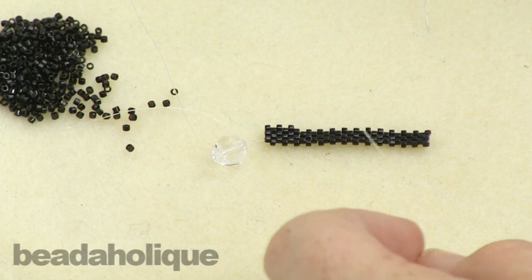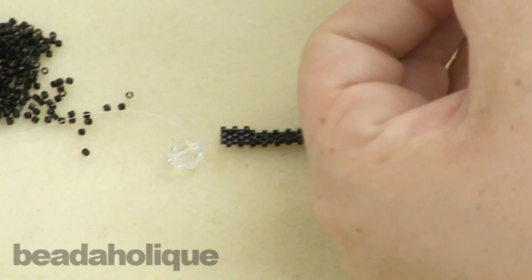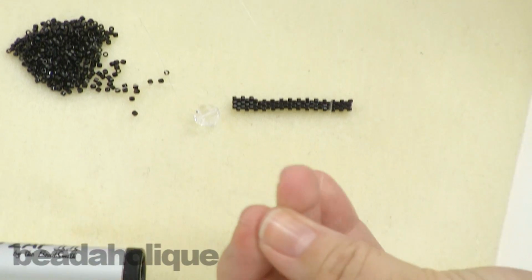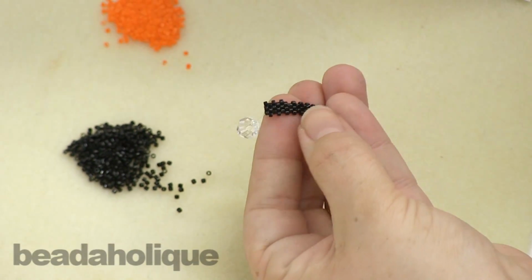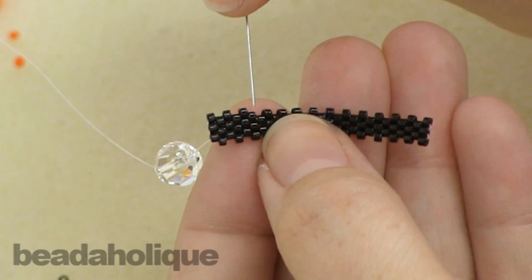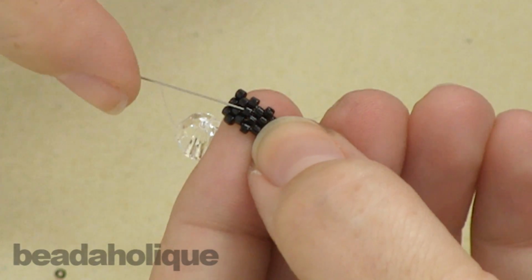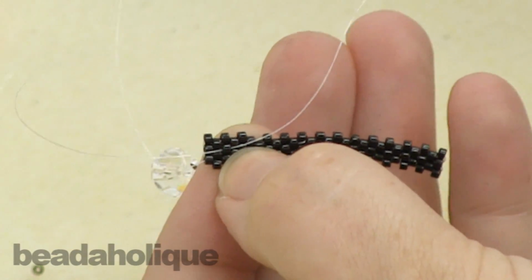So now that we have that done, we're going to take another length of beading thread, thread your needle, and you're going to want to leave a tail because again you're going to have to weave that in. But picking up our beading, this is the bead that I need right here to continue the bead weaving. So I'm going to weave back through here and come up, leave a tail,